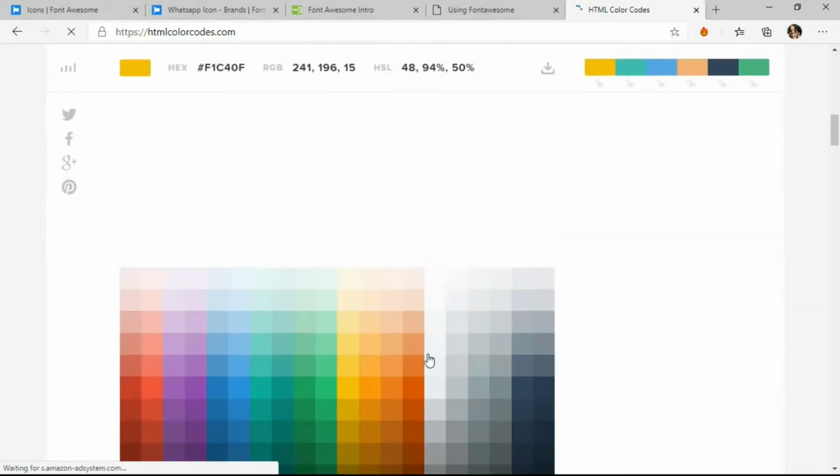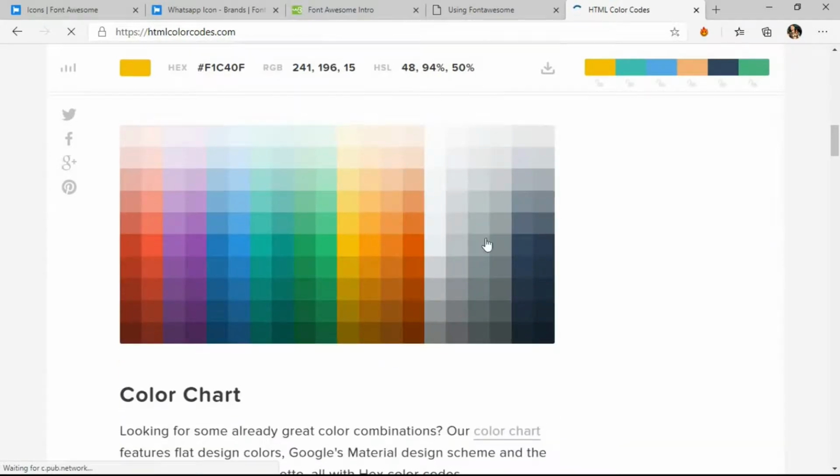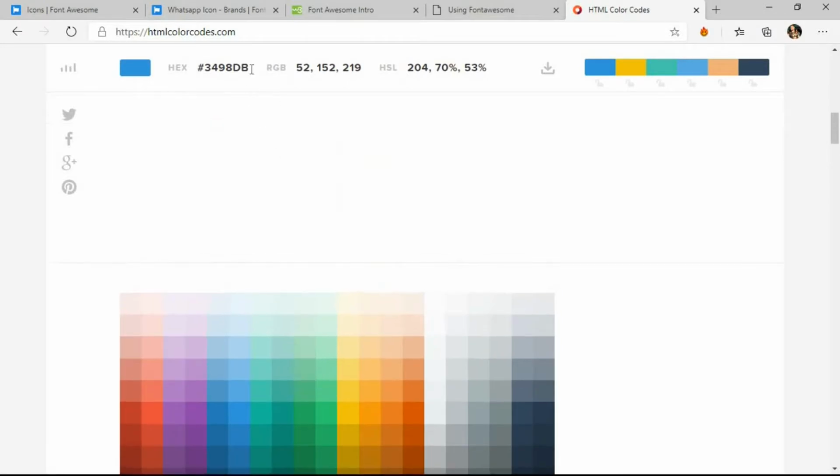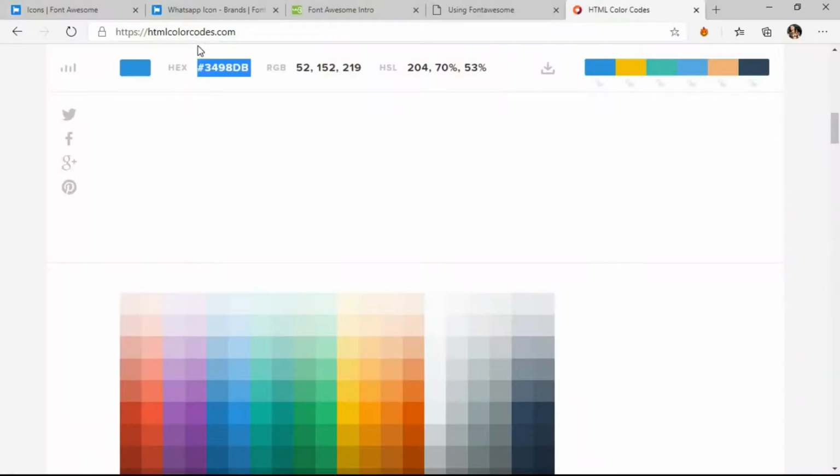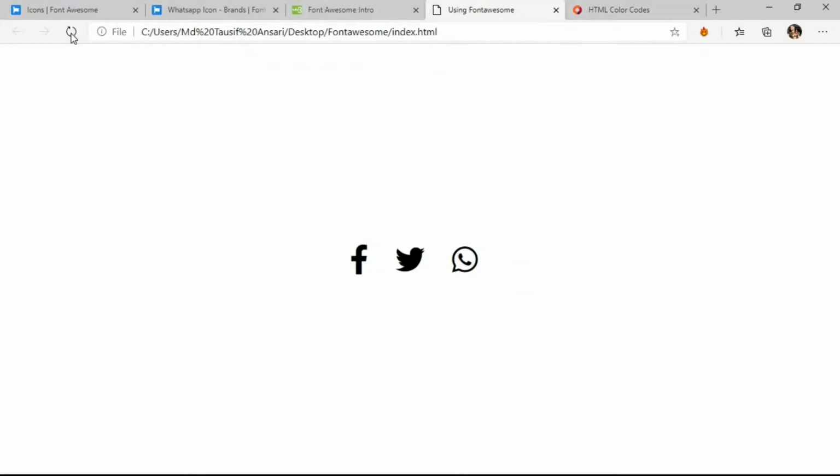It has a color shade box in which you can select any type of color, and it will give you the hash codes for it. Let's just say we want this color, and here it is. Just copy it and paste it over here. It is very simple, guys. Save it, and you can see how it has turned out to be this.